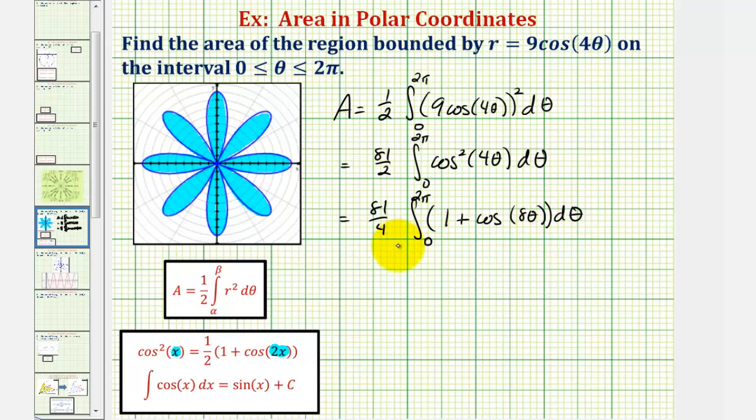And now to find the antiderivative of cosine 8 theta, we do have to perform u substitution, where we'd have u equals 8 theta, and therefore differential u equals 8 d theta. Dividing both sides by 8, notice that 1/8 du equals d theta, which means we'll have an extra factor of 1/8 when we find the antiderivative of cosine 8 theta. The antiderivative of 1 with respect to theta would be theta, plus the antiderivative of cosine 8 theta would be 1/8 sine 8 theta,